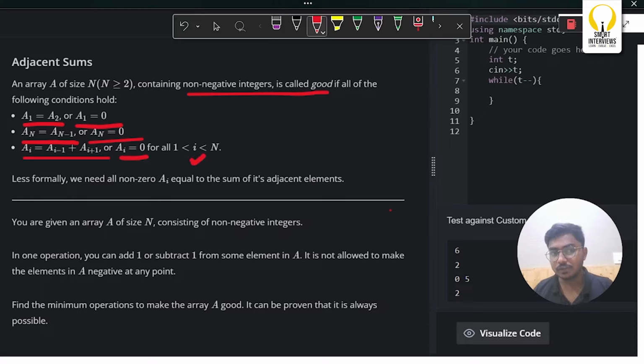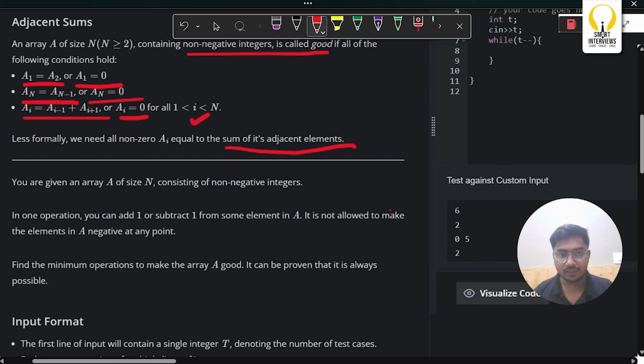This should be satisfied for all the indexes from index 2 to n minus 1. That condition should be satisfied here. Formally, we need all non-zero A of i to be equal to the sum of its adjacent elements. Okay, you are given an array of size n containing